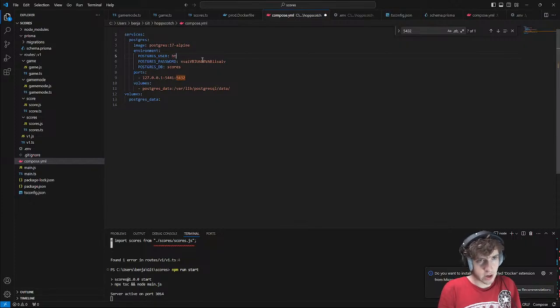I'll just call this HTTP, and then I guess I'm going to call this Frog, because the name of the software is Hopscotch, and then Frog's Hop.